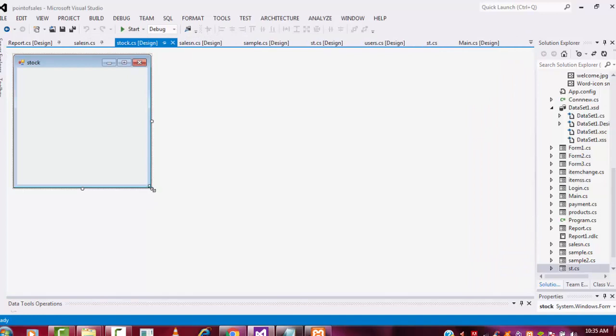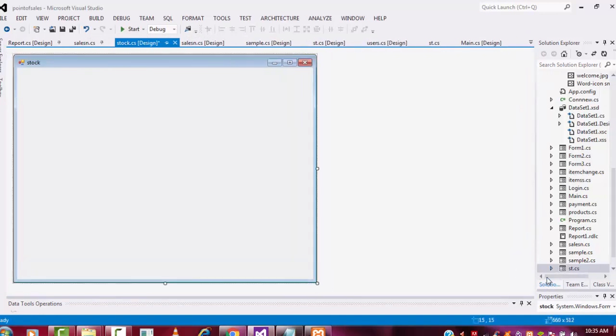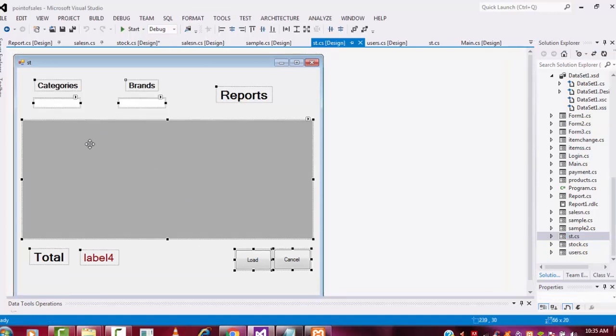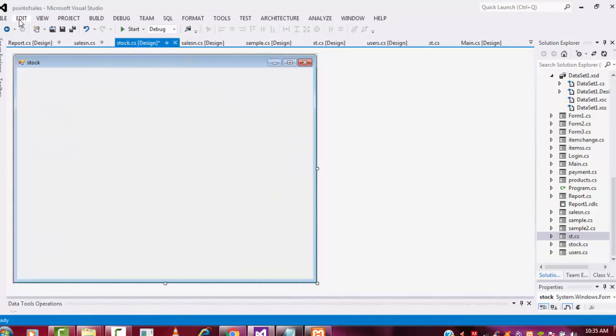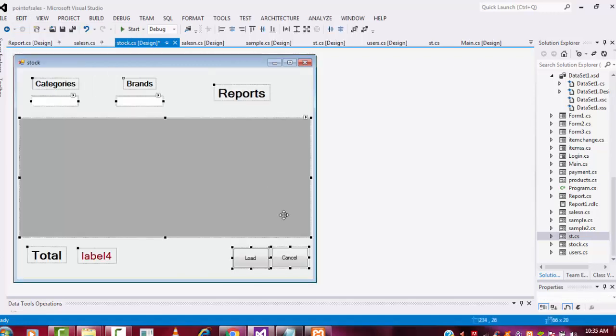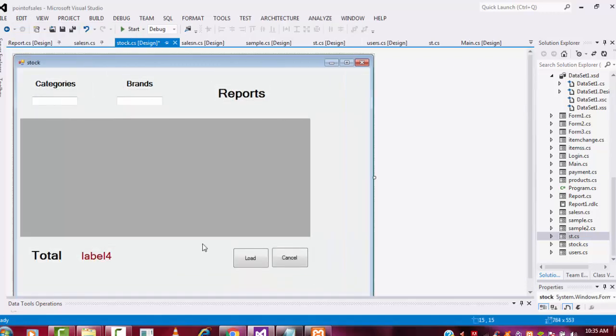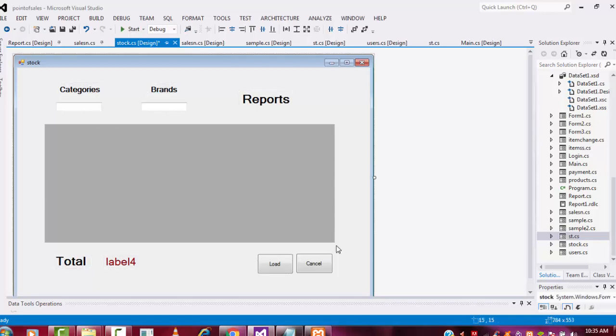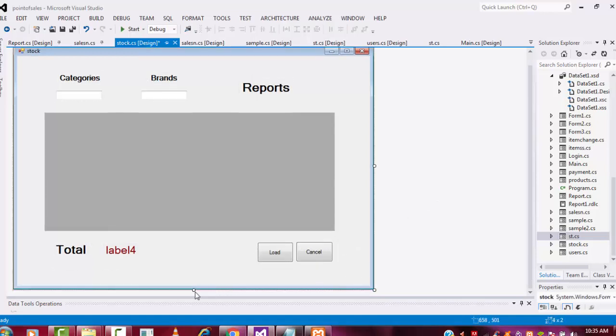This is the blank form. Now I already designed the form. We don't need to design again and again. As a demo, I copy all the stuff. Select all the stuff, edit, copy, and paste into my current form, which is the stock form. Edit, paste. If I always design this stuff from the beginning, it is very boring, so I already designed one. That is very easy for you all, to reduce the time and write the code.